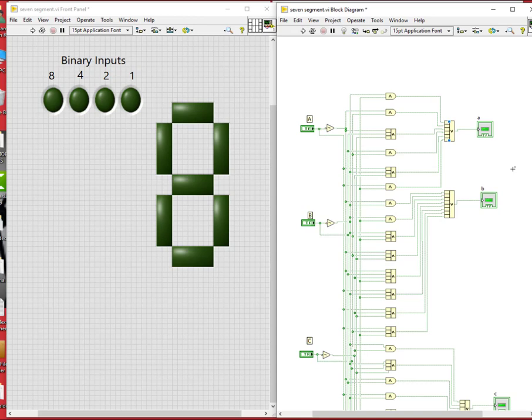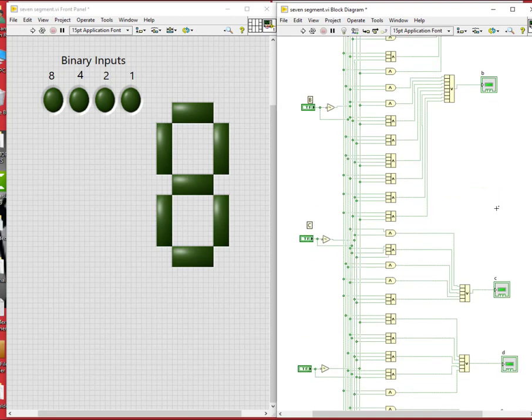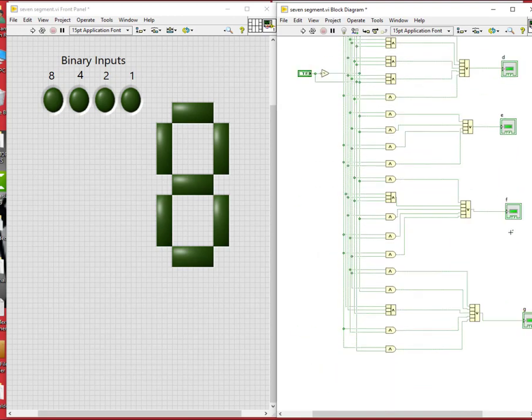As per our circuit expressions, we connect A to the first one, B to the second one, and continue till G.